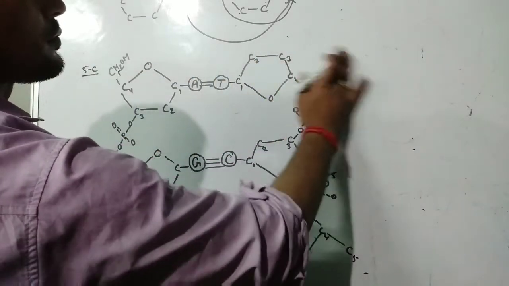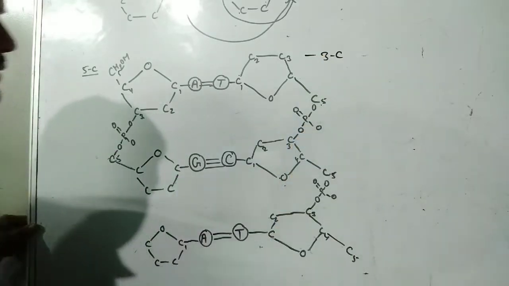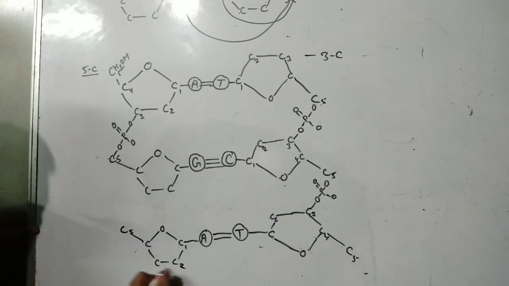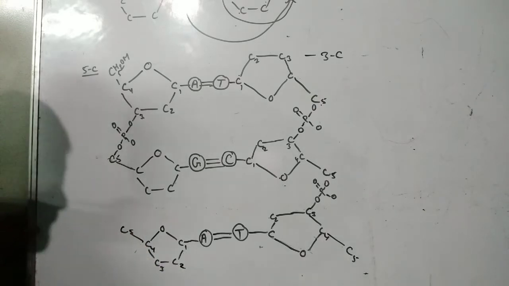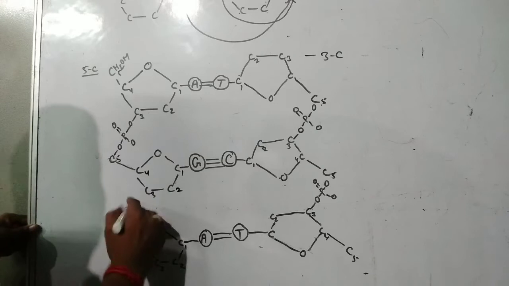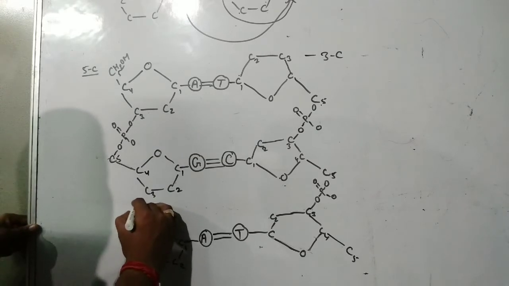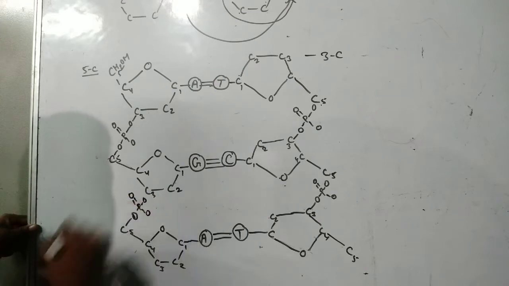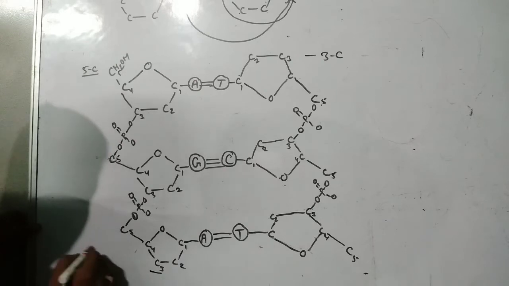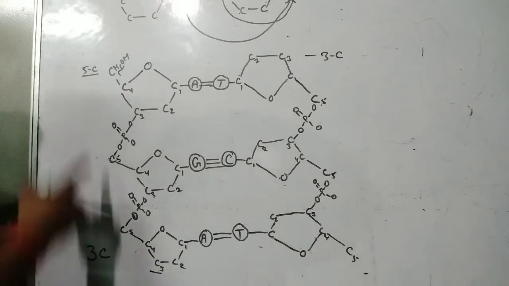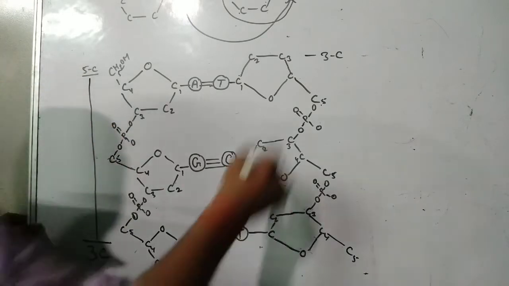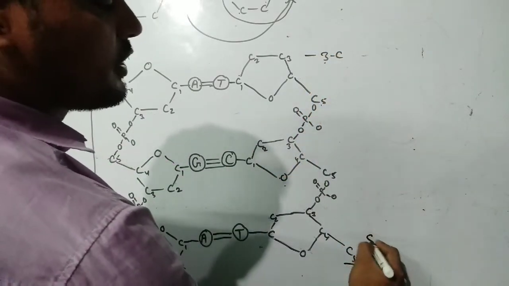This side third carbon upside. Now let us draw this one also. This is your fifth carbon. Count it. 1, 2, 3, 4. Fifth carbon this side. So fifth carbon is going to attach with the third carbon of this atom. 1, 2, 3, 4, 5. So O, P, O. So attachment happened. Now this side you can see, this is your third carbon atom, downside. It started from fifth carbon atom and is ending with the third carbon atom. It started from third carbon atom and it is ending with fifth carbon atom.